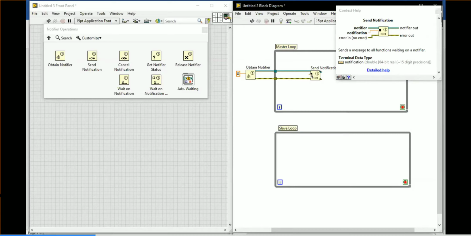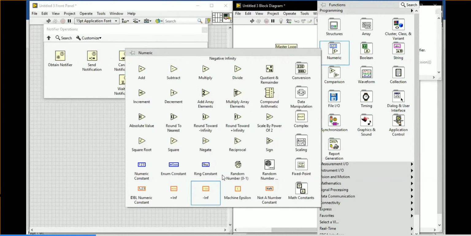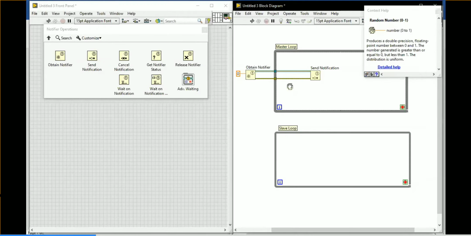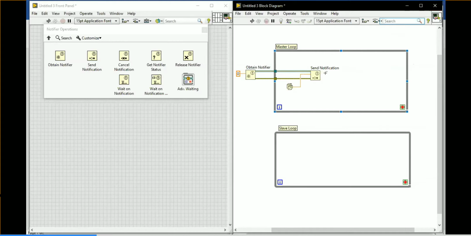What value am I going to pass? A numeric value; I'm going to take the random number. I'm not going to multiply, I'm simply passing the random number value. Afterwards I connect the notification out to the tunnel value, and then error out here.